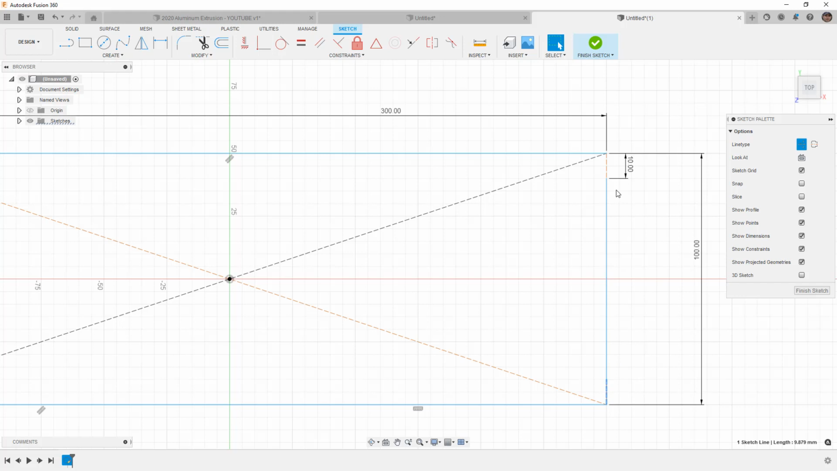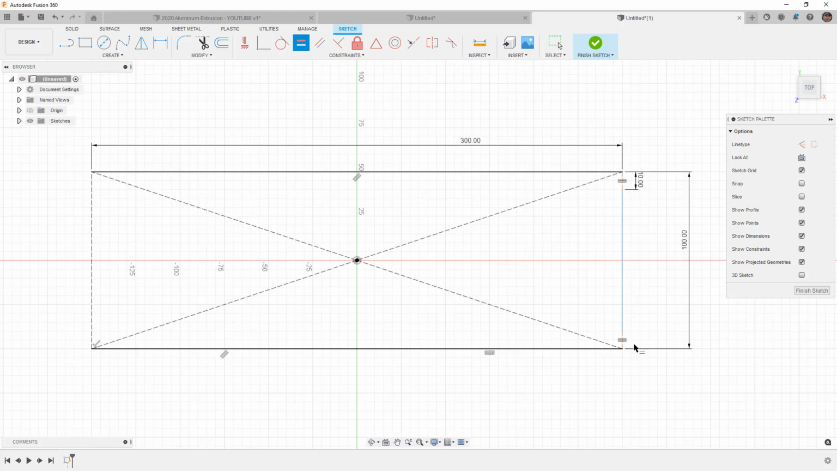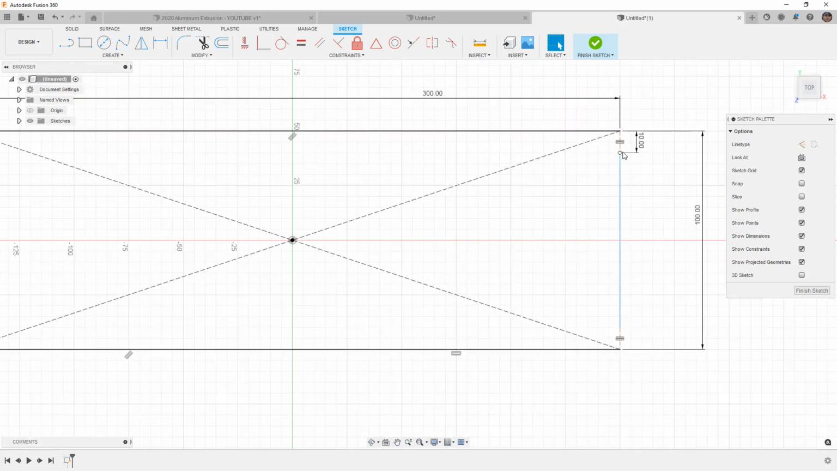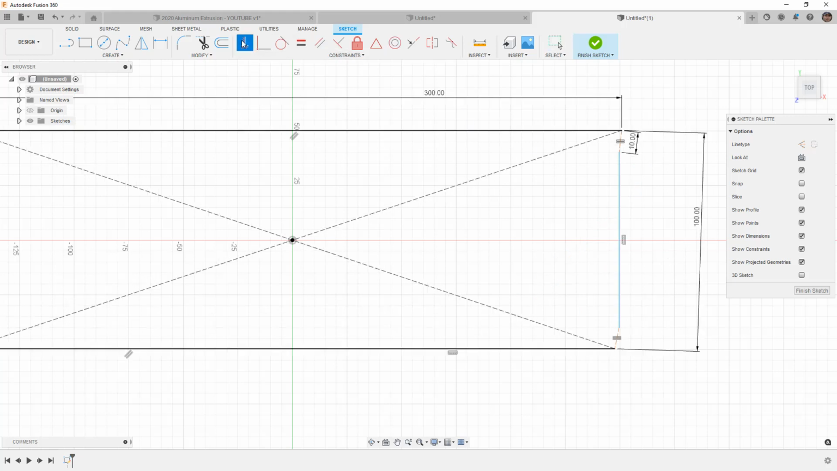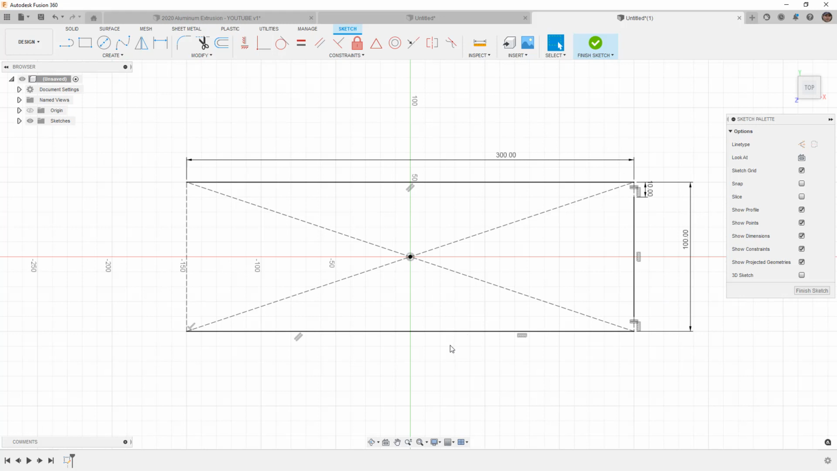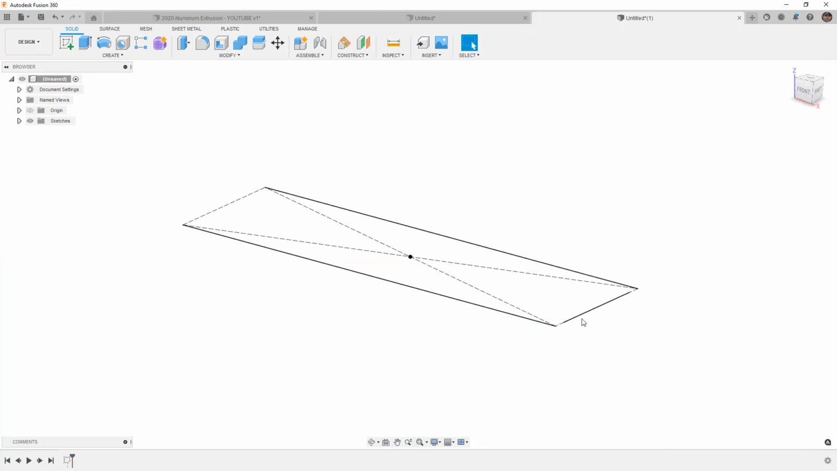I don't really care if this is fully defined for our example, but I just want to be able to see this. So we've got 10 millimeters here. You can see that this is flipping around, and that's because it needs to be a vertical line. This needs to be vertical, and that needs to be vertical, and now everything is happy once again. I'm not going to worry about this side. We're going to finish the sketch,